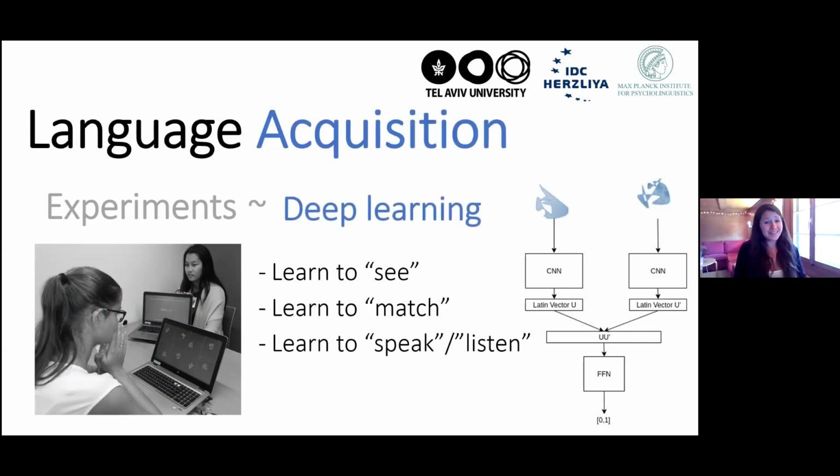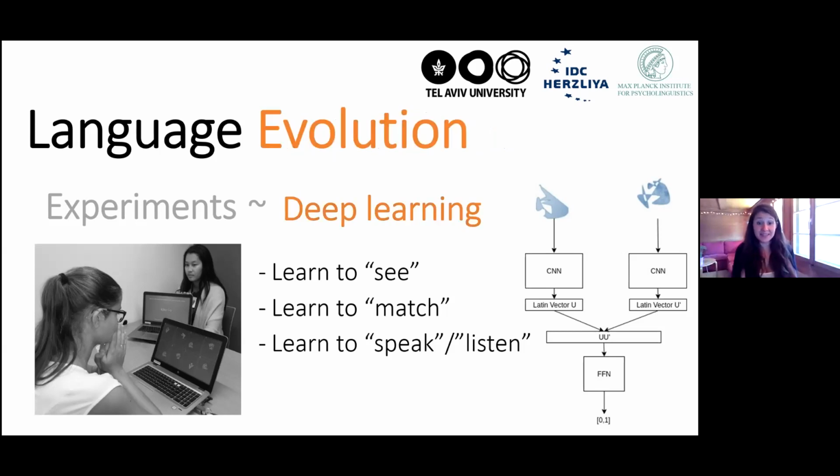And this actually brings us back to questions on language acquisition, right? Like, how do these artificial neural networks even learn to speak and listen? How fast will it take them to pick up on structure and regularities in their environment? I think this is very likely through the process of statistical learning and Bayesian inference, just like we've talked about in the very beginning. So tracking co-occurrences and updating probabilities of mappings given experience.